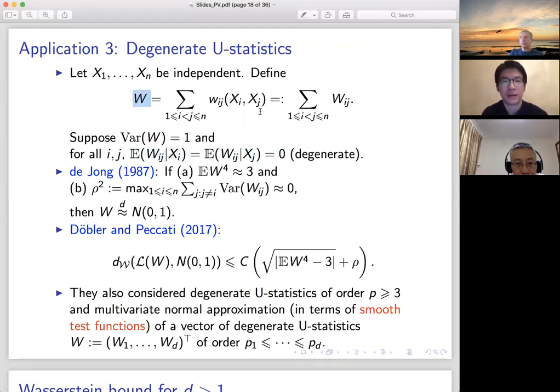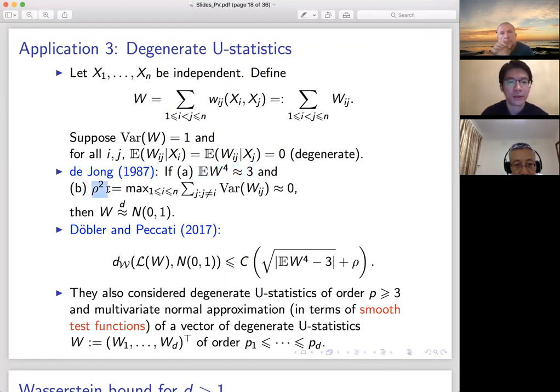But under special conditions, we can show that W is still close to normal, and it has connections to the famous fourth moment phenomenon. So it began with a work by de Jong, who proved that if this W has a fourth moment approximately the same as the fourth moment of the standard normal, which is 3,